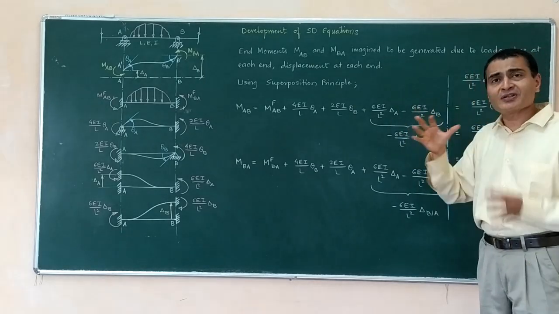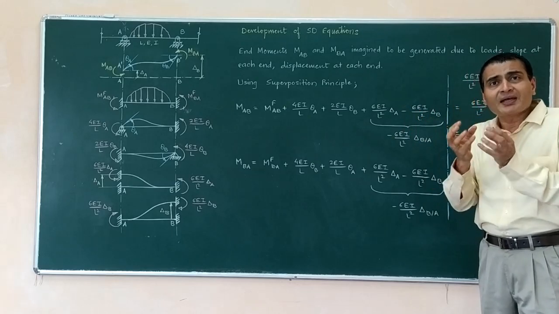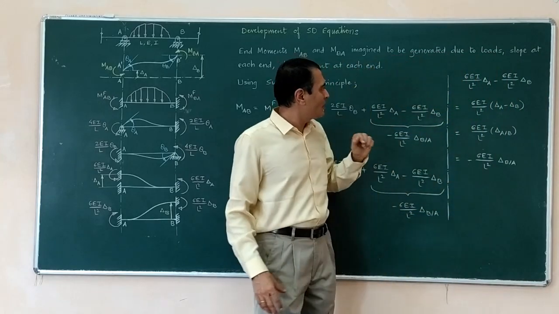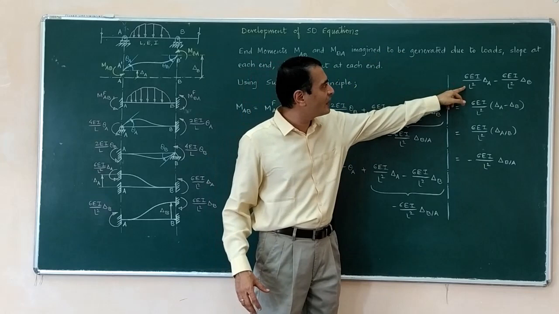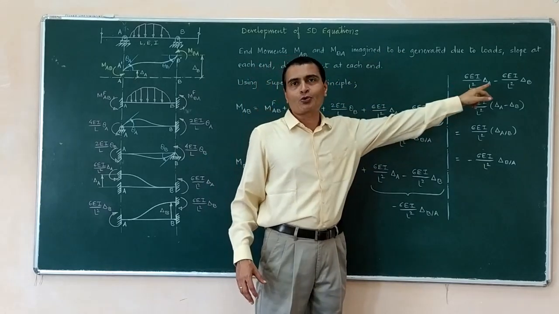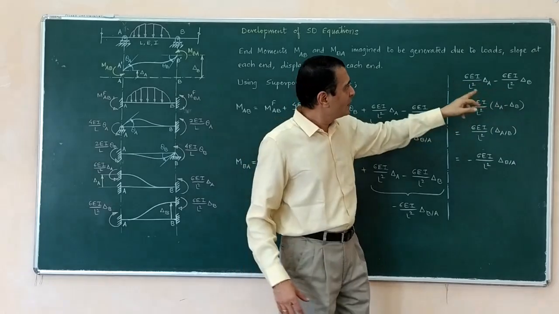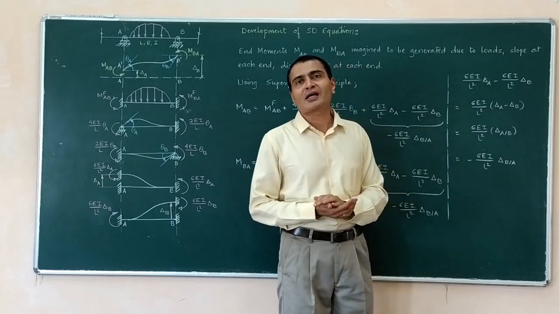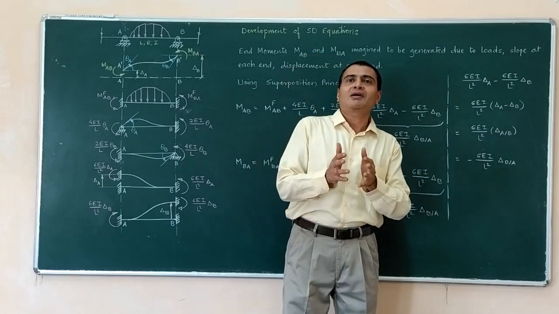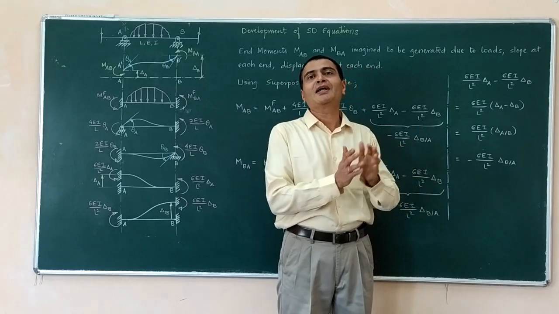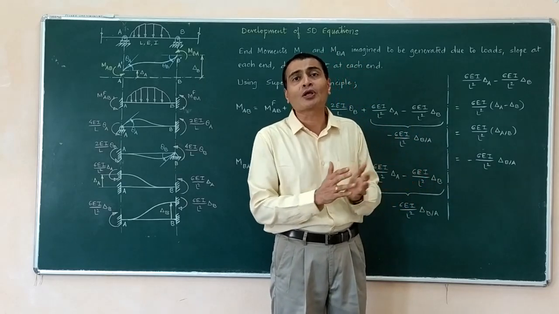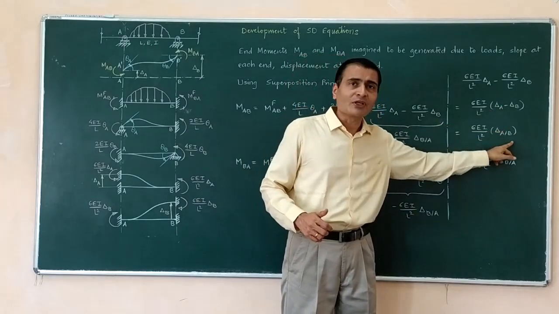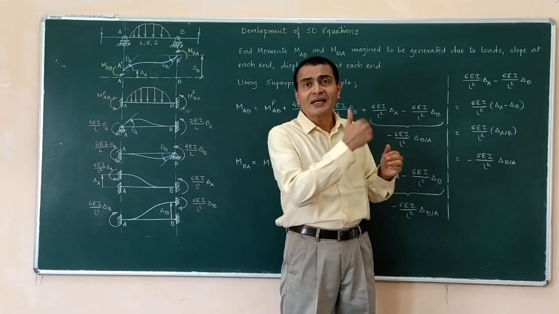How am I doing suddenly this short expression? So that explanation I have given here. See, your last two terms are 6 EI upon L square into delta A minus 6 EI upon L square into delta B. Same I have written here. Taking common factors outside, 6 EI upon L square, inside the bracket I have delta A minus delta B. Delta A minus delta B will be delta A relative to B, relative translation or relative deflection.